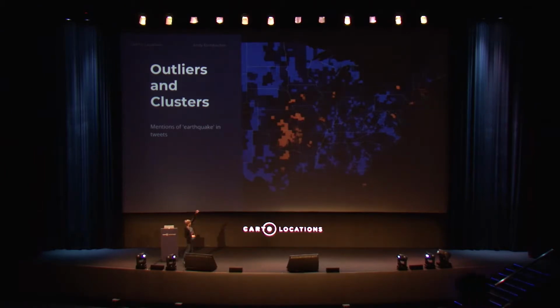And you can see that there's this big cluster in Oklahoma where people were tweeting about feeling an earthquake. And if you know anything about fracking, which is extracting natural gas, there's been a lot of earthquakes in there because of this activity of extracting natural gas there. But the cool thing is you can look through the data at Twitter, identify certain keywords, just run it through an analysis like this, and you can make an inference that there was an